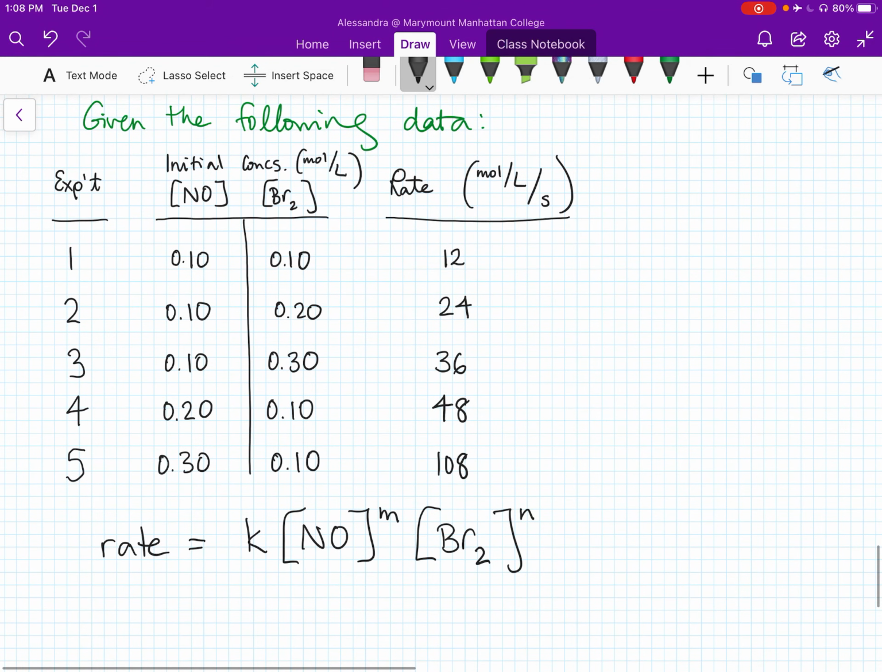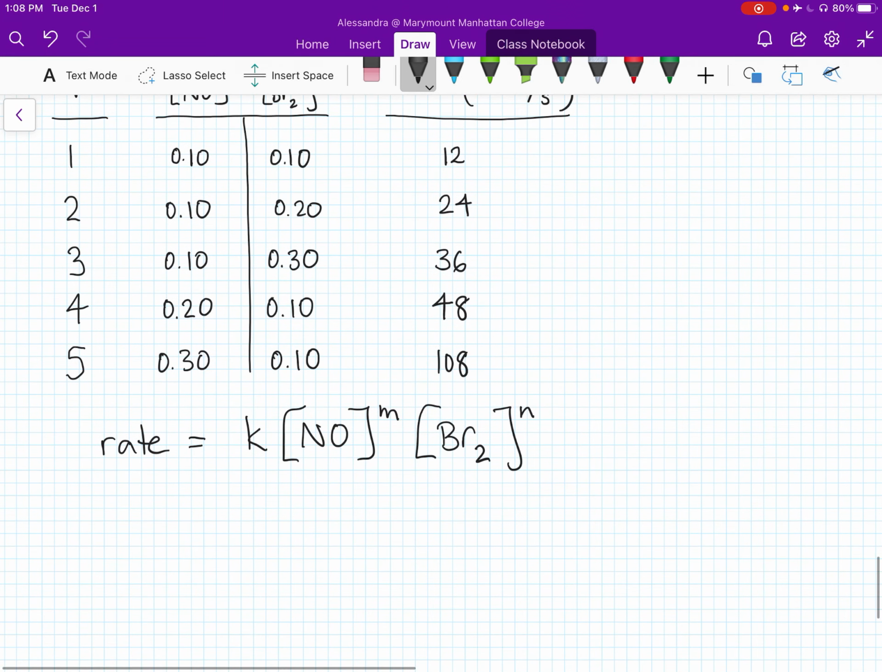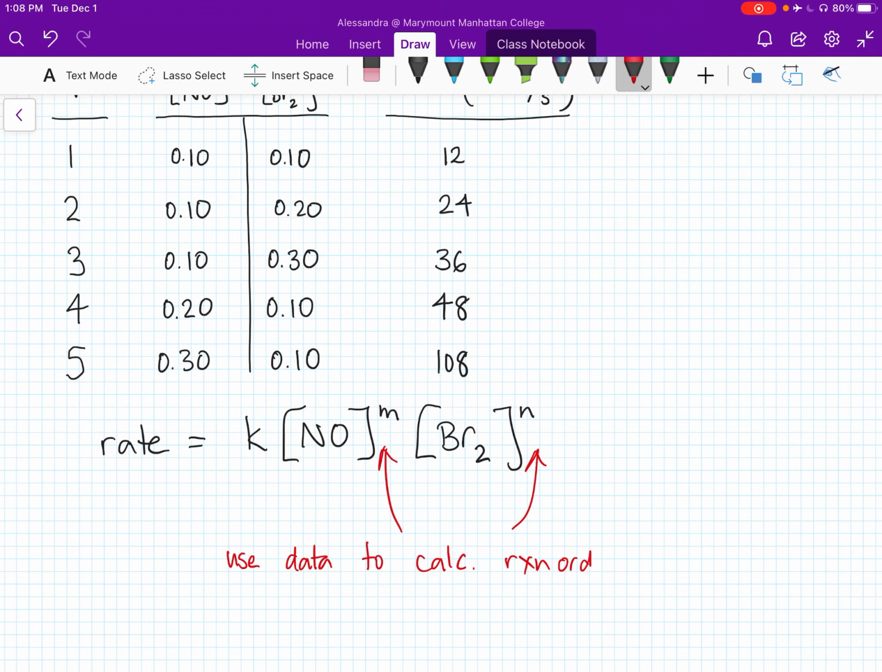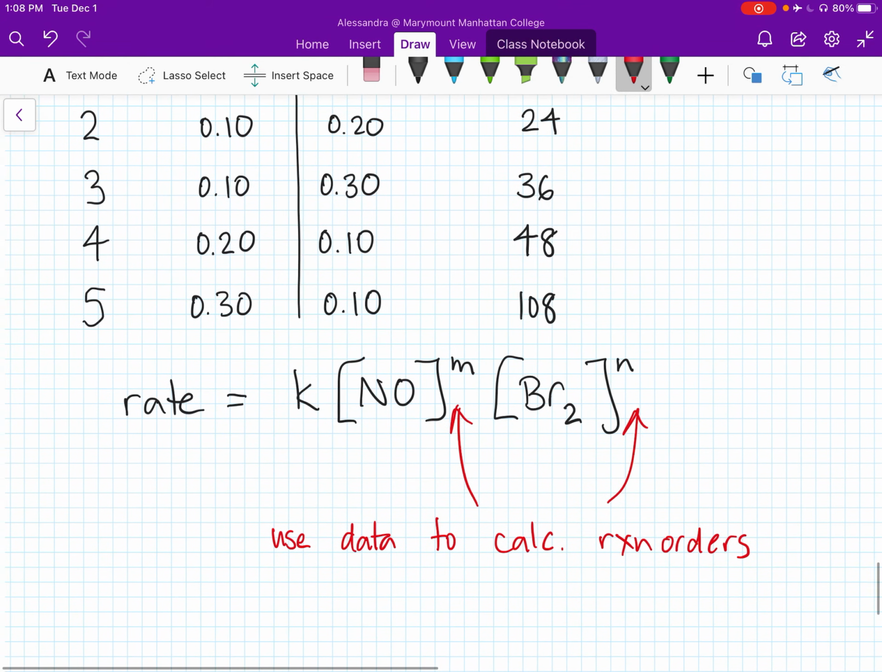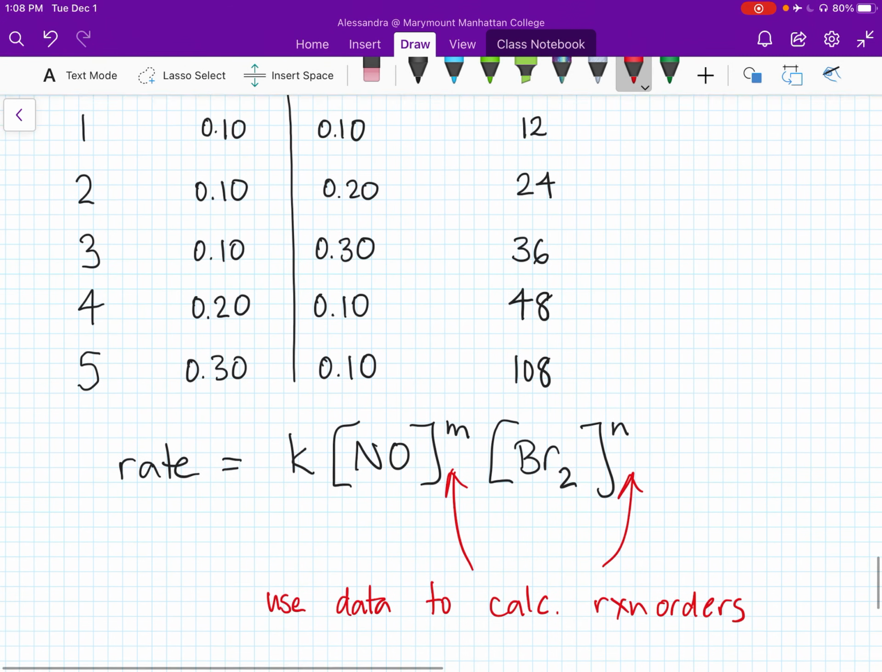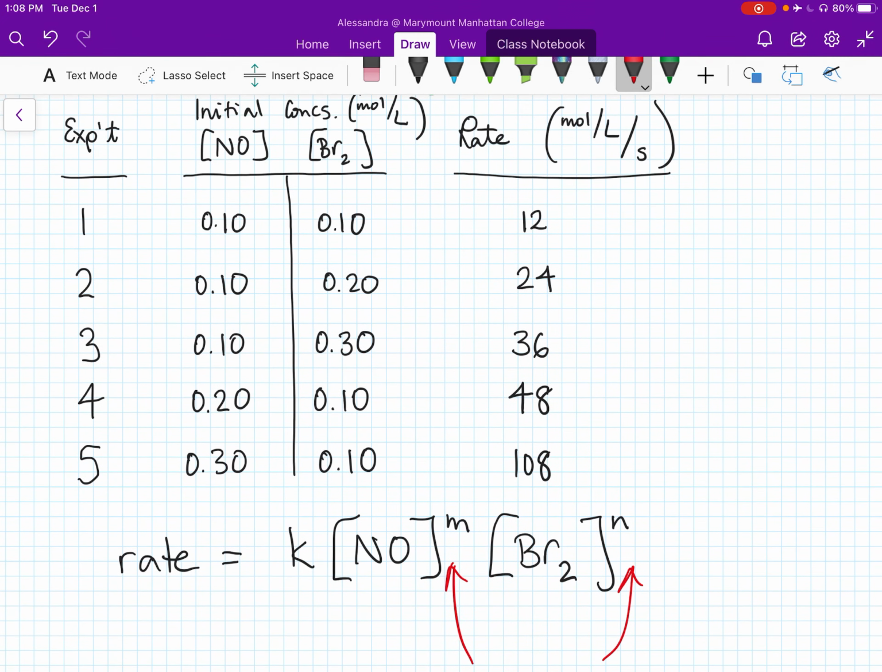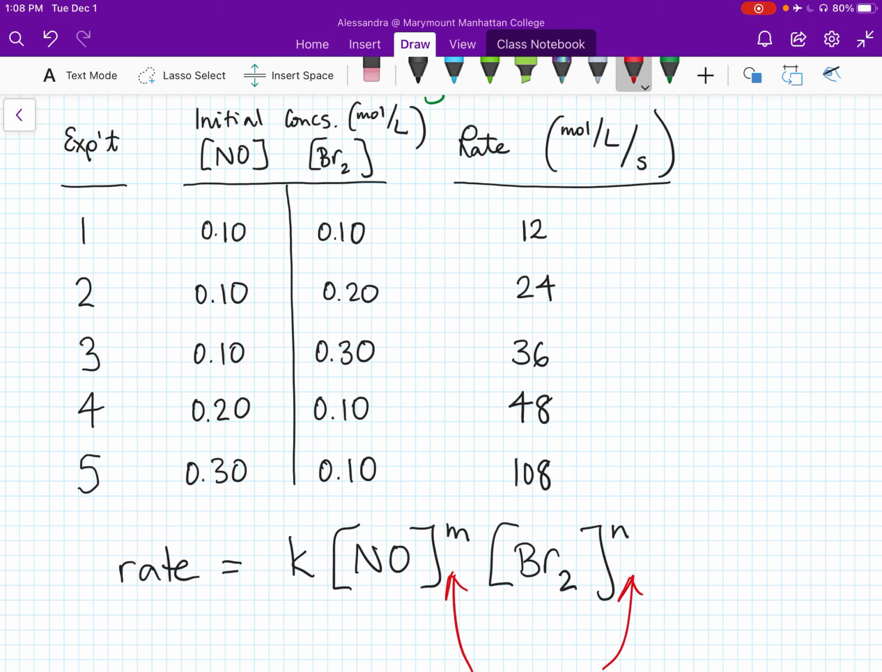Your job when you write down a rate law is to figure out what M and N are. So your job is to use the data to calculate the reaction orders. That's what is meant when you are asked to figure out a rate law. So if we want to figure out the dependence on bromine, so if we want to calculate N here, we